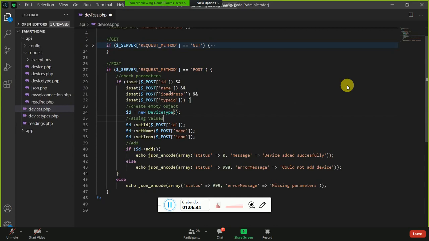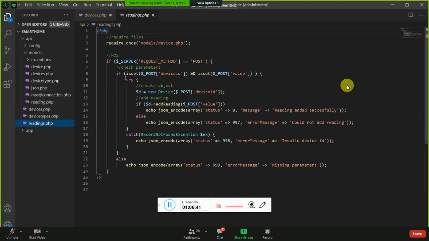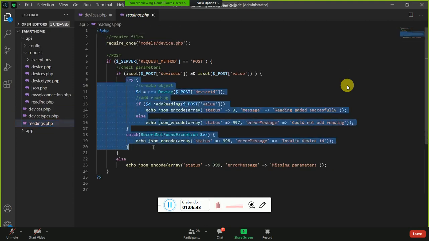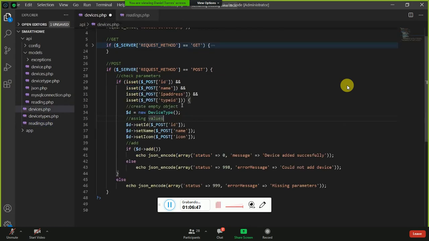So we have to do that. But it has to be a little bit like this one. So I'm going to copy it, the try catch, and